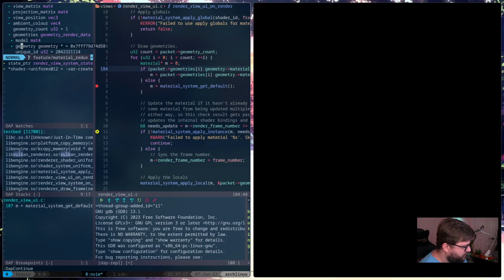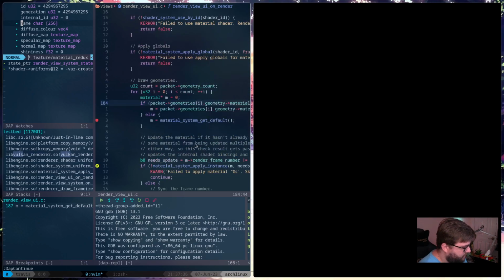This is going to be the first one, so we can just look at this guy. We're going to open up geometry. We're going to get the material. And the material is default. So that is legit. So that makes me think that, let's see, did we make changes to what gets the default material?